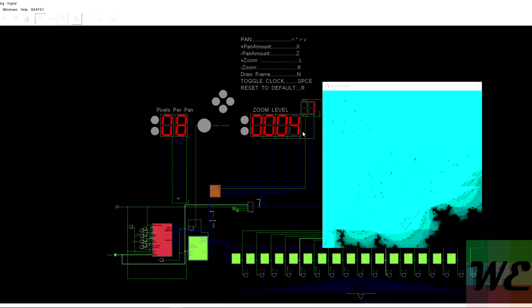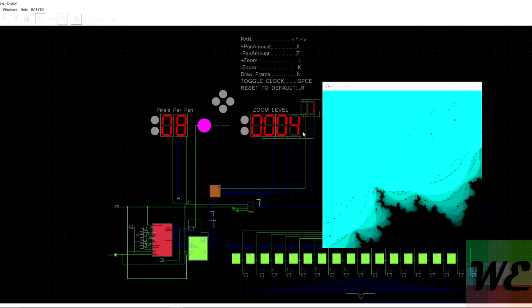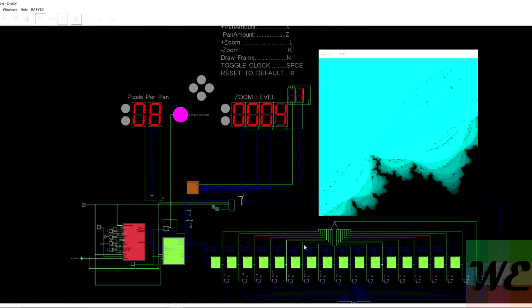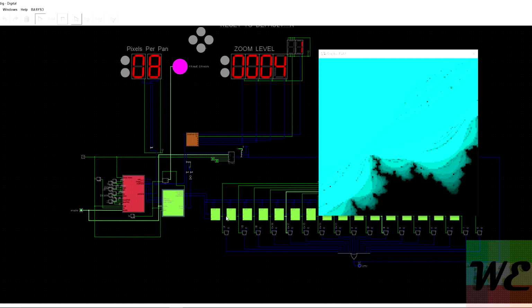Yeah, so you can explore the set a little bit with this, but obviously it's not as good as a real software thing running on a GPU, because this is software emulating hardware that's then rendering it. So if you wanted it to actually be good, you would have to build the hardware in real life. The thing that's going to come next after this is more iterations, and also it's going to be pipelined, because right now it's just doing all the iterations per pixel, and then it's generating a pixel value, and then the next one comes in and does that. So that's why the clock is so slow.